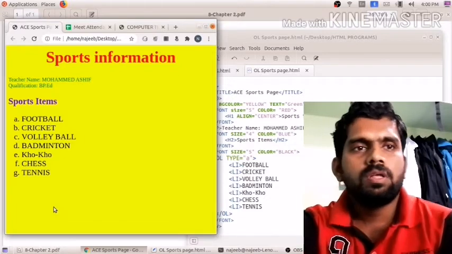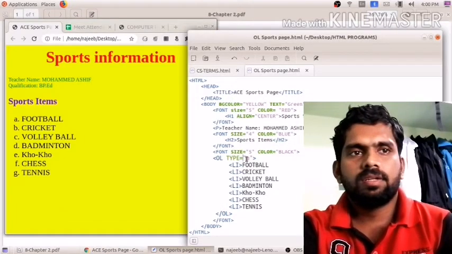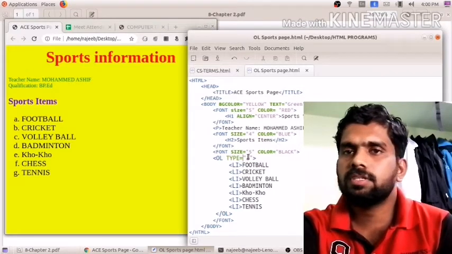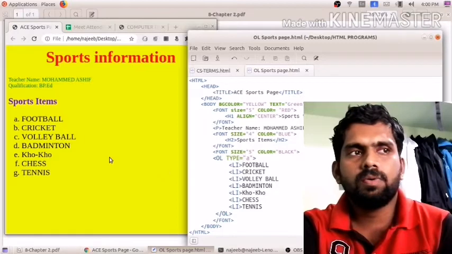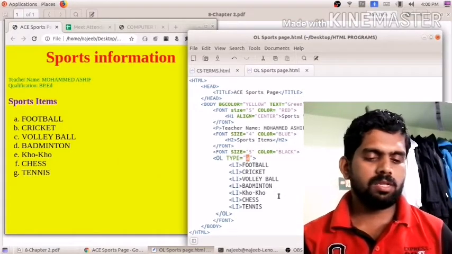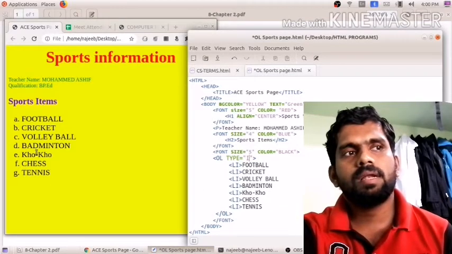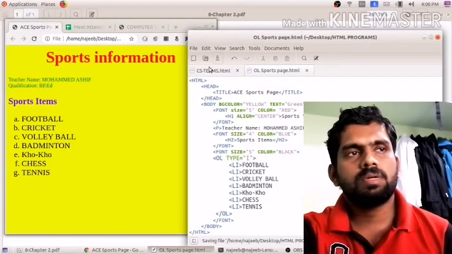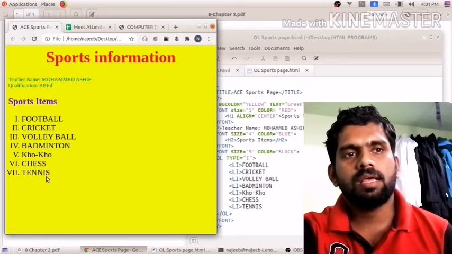So we can change the type to different values. By default it is 1 2 3. Then we changed it to capital letter A, then small letter a. Then I am using capital letter I. If you want to use Roman letters order, then I use capital letter I here. Then saving the document, then reload. You can see the Roman letters like that.